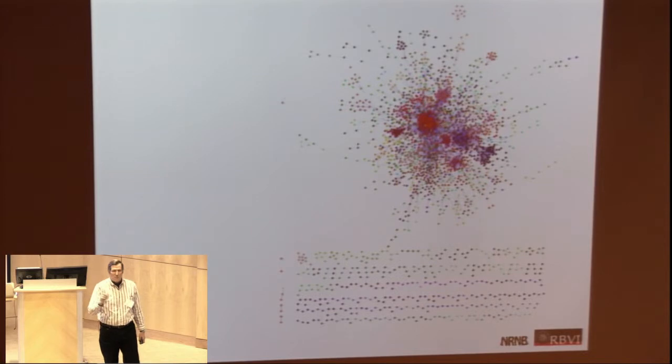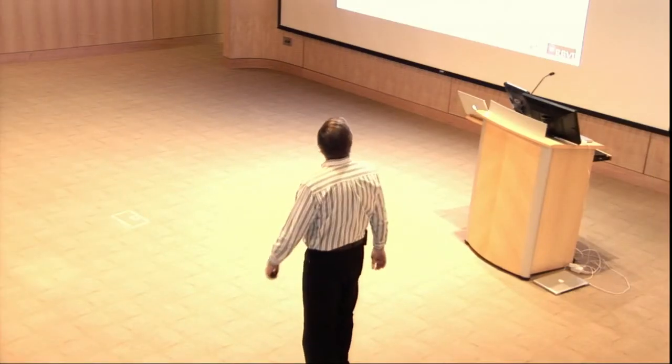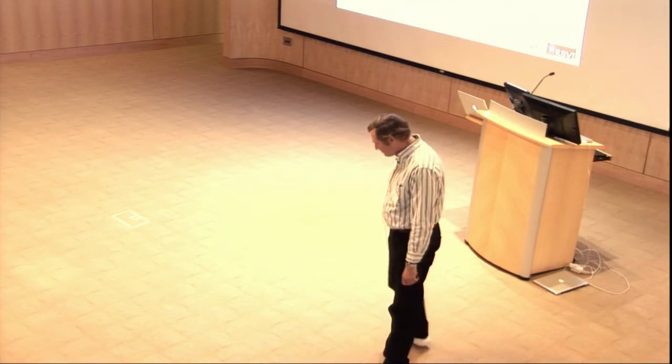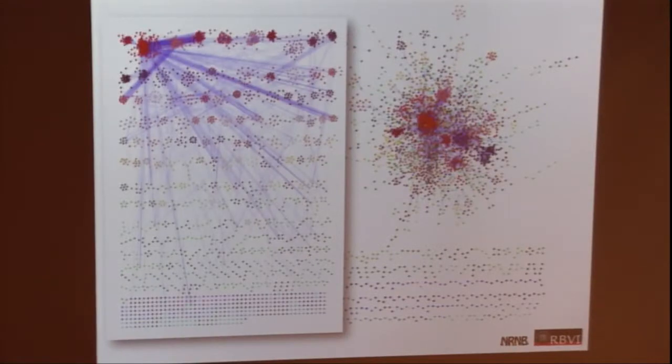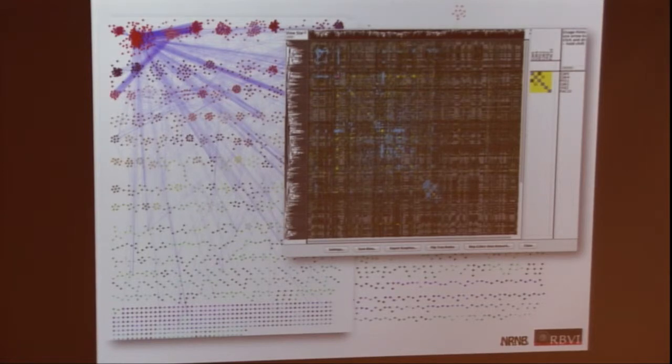So I don't think we should be throwing out hairballs or standard protein-protein interaction networks right away. However, what I will say is this isn't the way I would actually normally look at this data. What I'd normally do is actually look at it in the clustered view. And so this is the clustered view of that same network. And in fact, this is a heat map of genetic interaction data. And this has got the same gene, or a strongly overlapping set of genes, between the genetic interaction data and the protein-protein interaction data. I now have two orthogonal data sets.